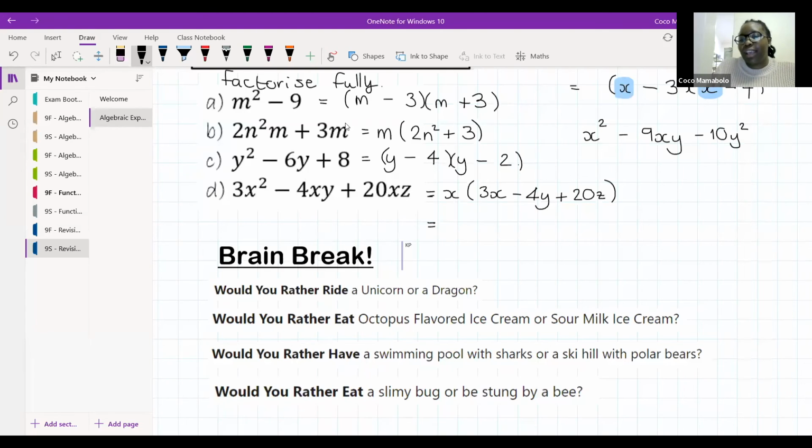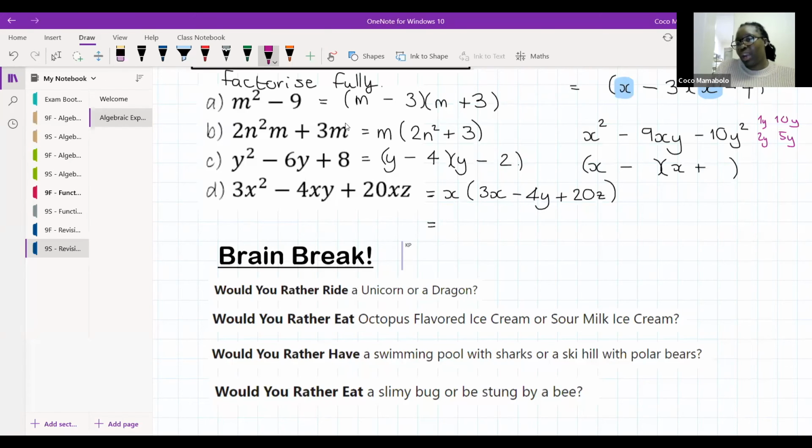In that case, I would open two brackets, and I know that I would get a negative and a positive, and then I would write x and x. Then I would just have to find the factors of 10y squared. The factors of 10y squared are 1y and 10y, because y times y will give me y squared, or I can do 2y and 5y, which is also 10y squared. Right. Now I need two factors that when subtracted will give me